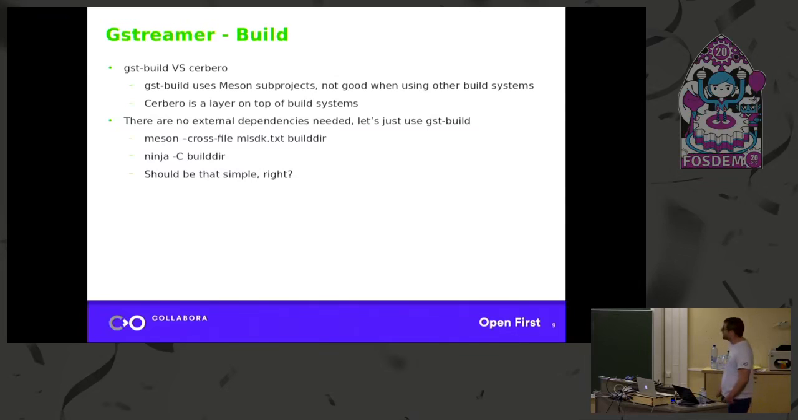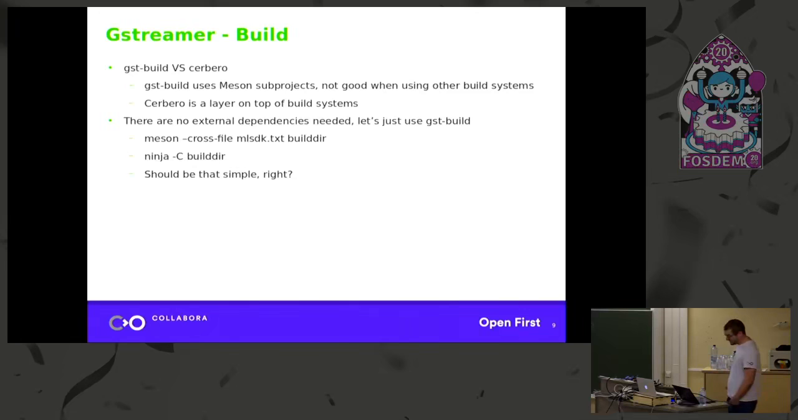GST build uses Meson and has many subprojects to build every single dependency you can, at least the hard dependencies, but there are some optional dependencies that it cannot build yet. On the other side, Cerbero can build every possible dependency with their own build system, but it's more complicated and less integrated. So since I'm a Meson developer, I decided to go with GST build, a new way of doing things,